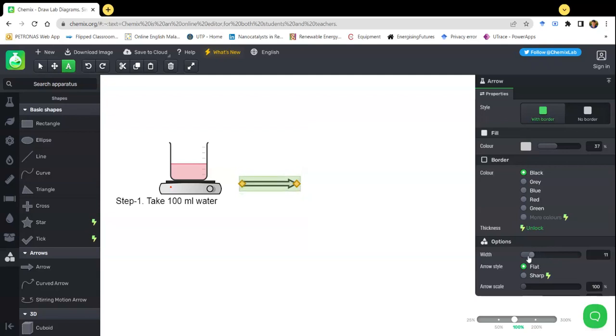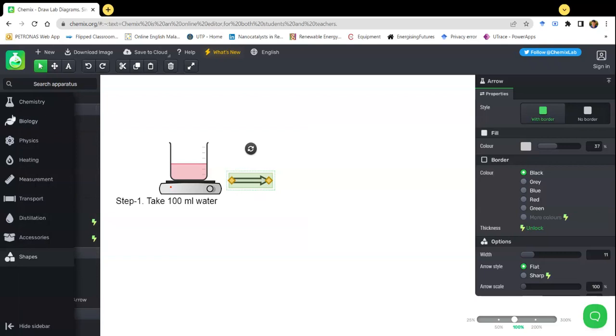So you see, we reduce the width, and if you want to decrease the size, you can do the size again from here. You go to the arrow button, so you can reduce the size. Okay, very easily. So now we go to the next step, and in the next step we prepare and add this solution,